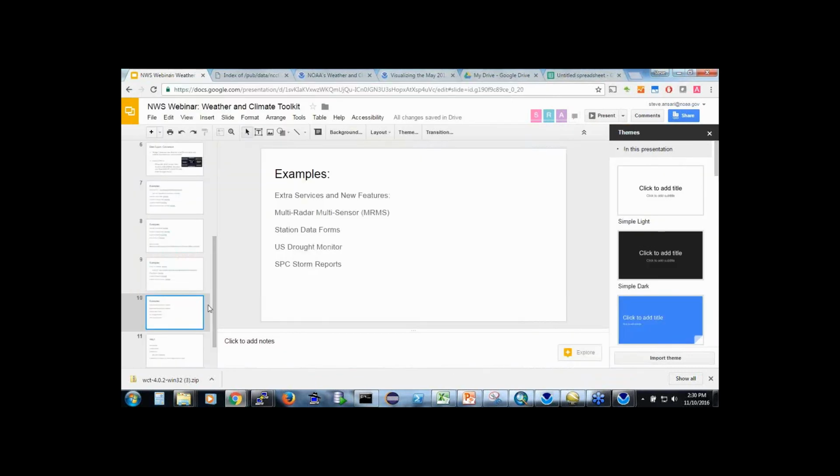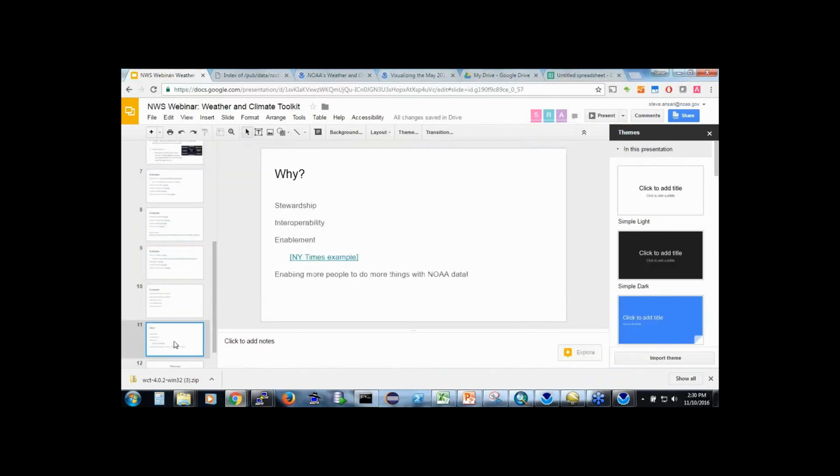So to wrap up, why do we do this? This stemmed at NCEI out of a stewardship capability, needing to not just drop users off with files on an FTP server in a crazy binary format that they had no idea what to do with, but to provide tools that allow them to read the data and get it into formats that they are more comfortable with. It's about interoperability, about promoting standards,